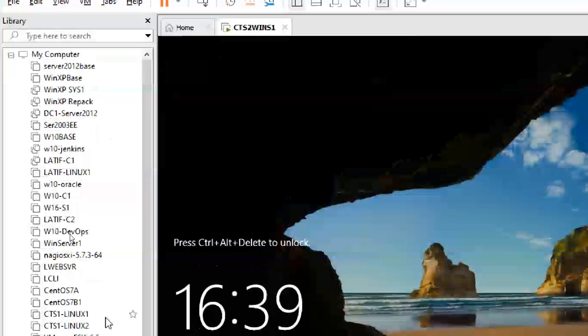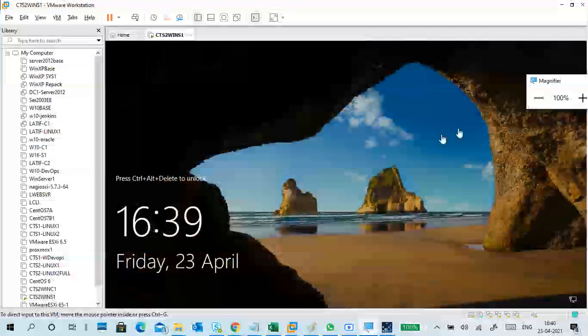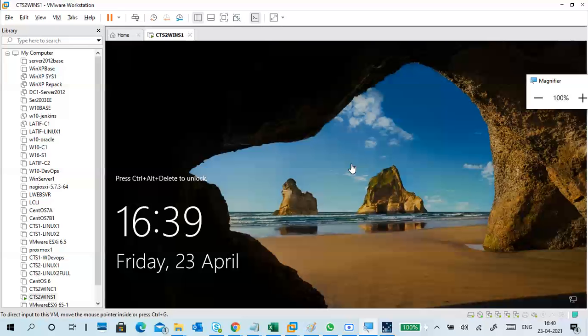Using this VMware Workstation, I have created a lot of different virtual machines: Linux, Unix, XP, Windows 2003, Windows 2012, Windows 10, Windows Server 2019, 2016, CentOS 7, CentOS 6, CentOS 8.